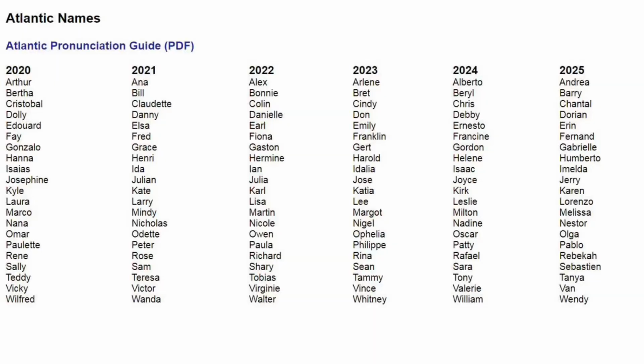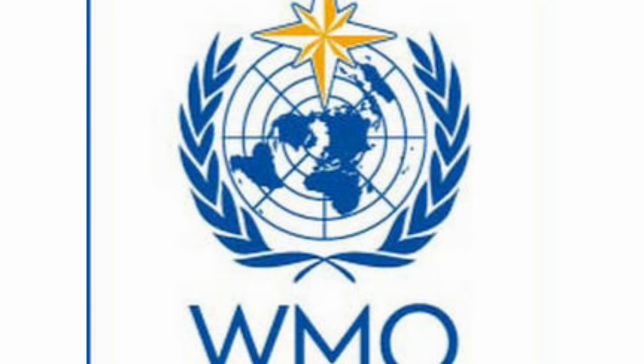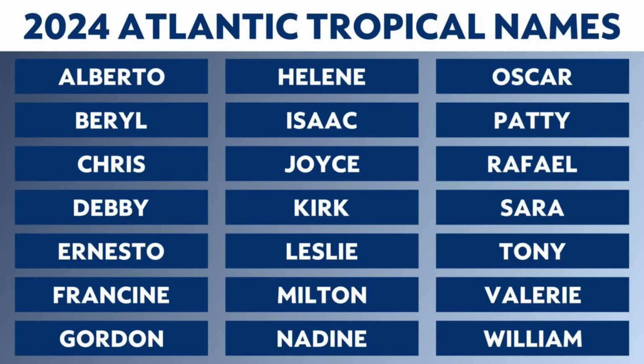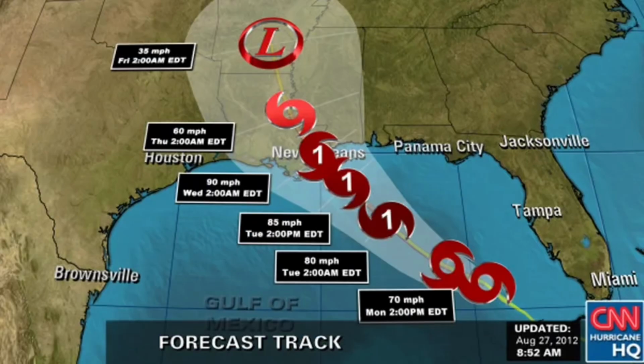One question I don't get asked a lot in my very unprofessional life is, how do hurricanes get their names? Hurricanes get their names from one of 6 preset lists. These lists are run by the World Meteorological Organization. These lists are rotated every 6 years, which means the 2024 list will only be seen again in 2030, and hurricanes are only given names to make it easier to track them. So now you know why your ex-wife's name is being said on national television and says she's destroying all of Florida.